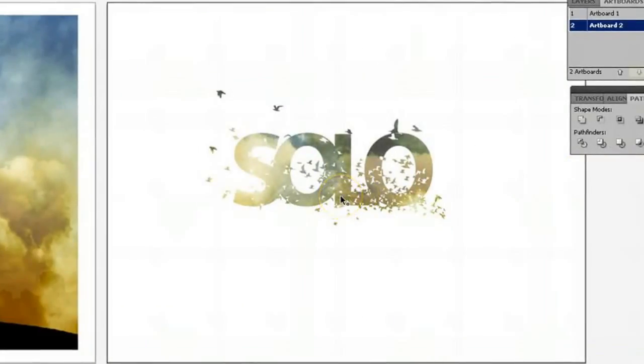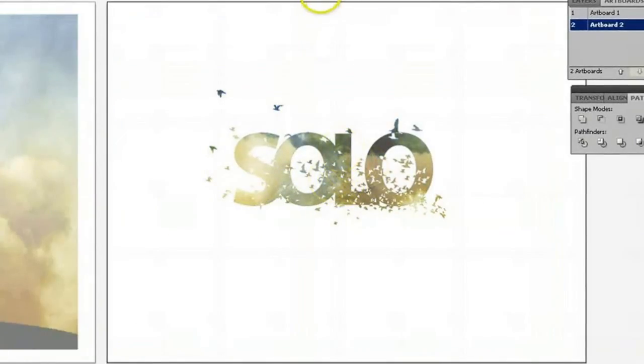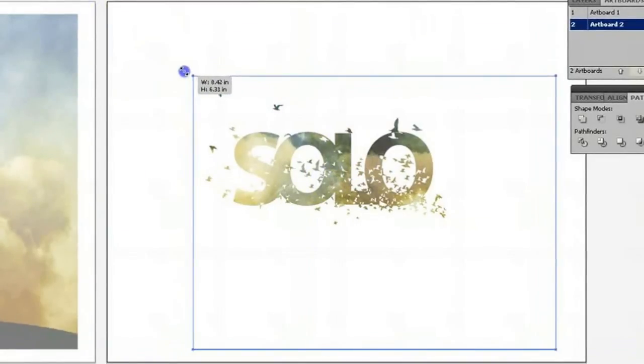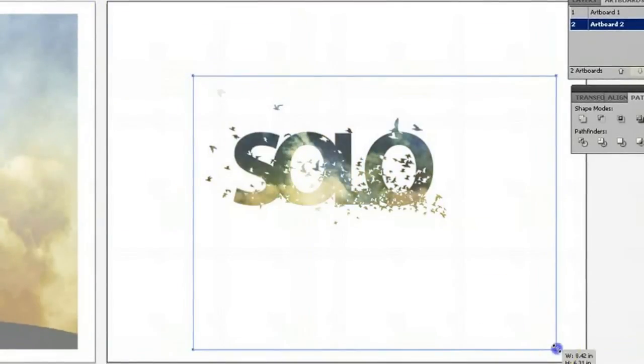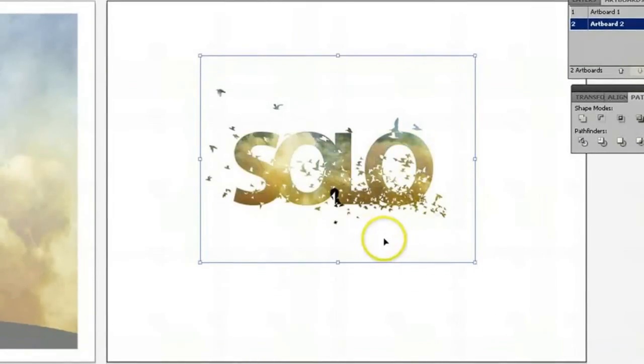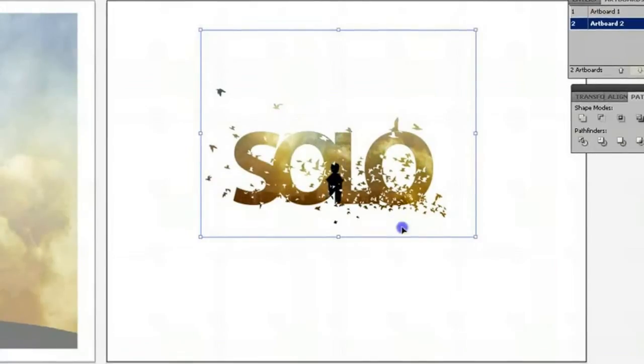To see the mask change, we can go into isolation mode by double clicking, and now I have the option of changing the image size within that mask, which will completely alter and change how things can appear and look and so on. And I kind of want to get that boy